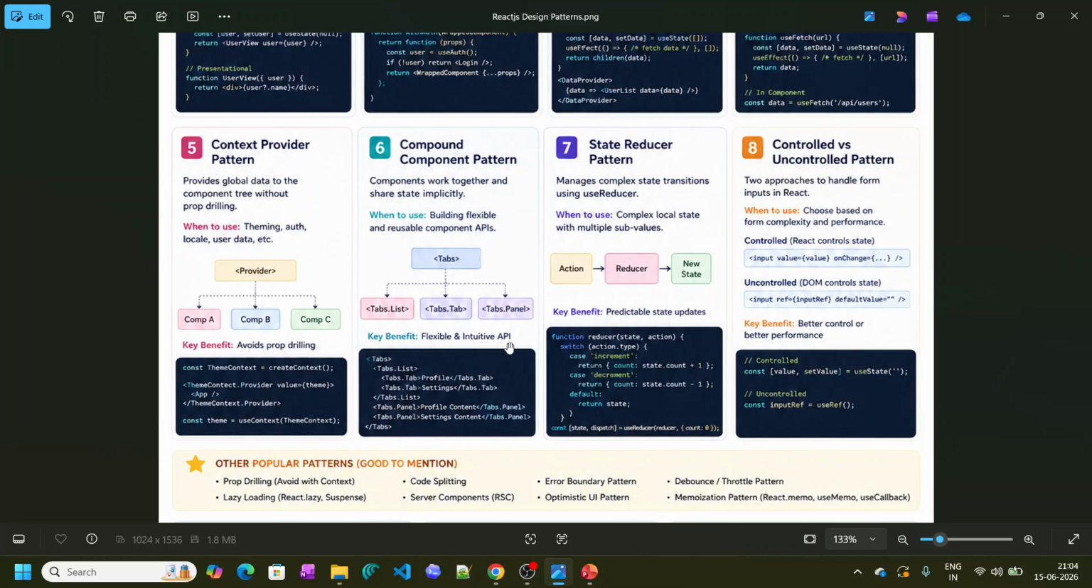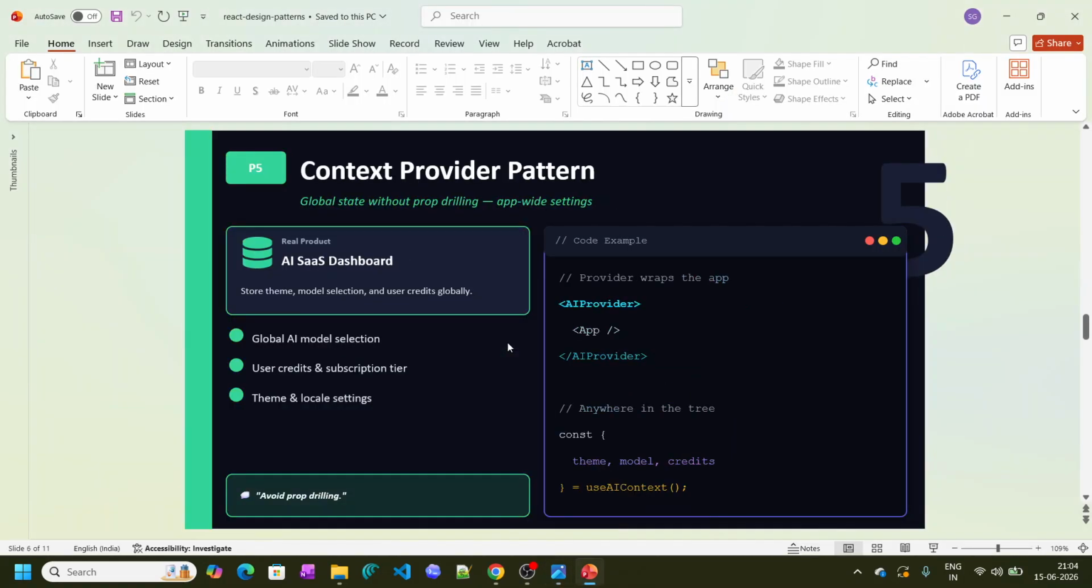Now let's see the AI example for it in the context provider pattern. Suppose we have an AI SaaS dashboard where we are storing themes, which could be a dark theme or a light theme, then model selections and user credits globally. Suppose we are given 10 credits for Claude to be used per day. With those 10 credits, we can perform multiple actions. We have a global AI model selection, like Claude Opus to generate and solve some complex problems,